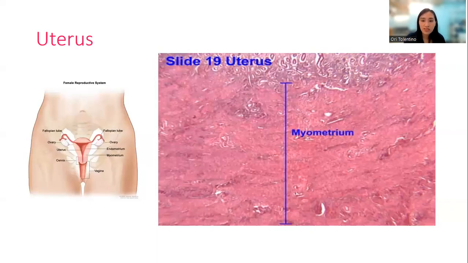During pregnancy, the myometrium grows by hyperplasia, or increasing the number of cells, and by hypertrophy, or increasing the size of the cells. So in pregnancy, the myometrium grows and increases in size. It contracts forcefully during childbirth to expel the baby from the uterus. That is the function of your myometrium. After the pregnancy, the uterus will shrink and return to its original small size.